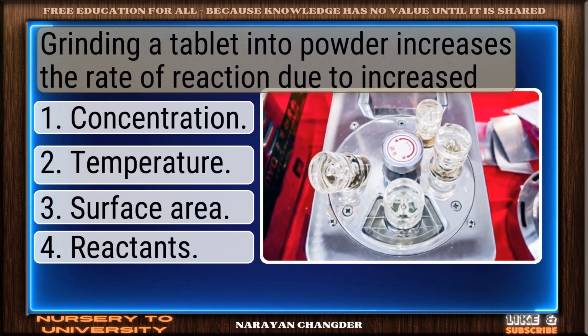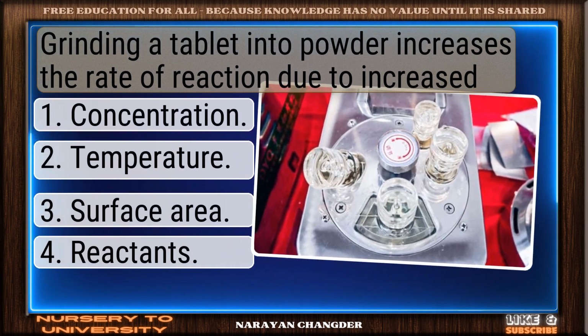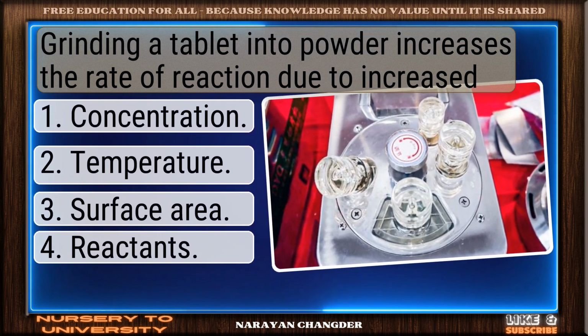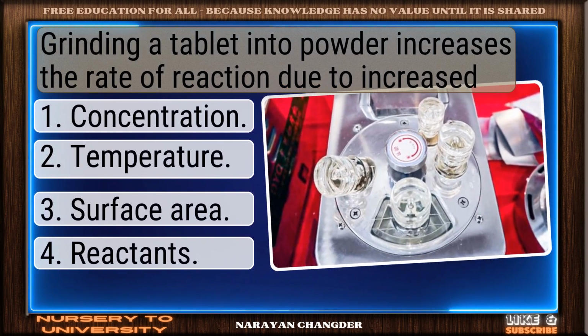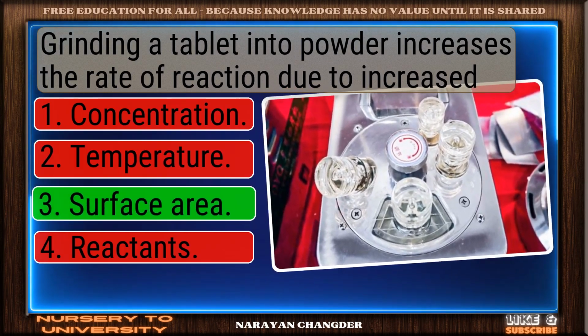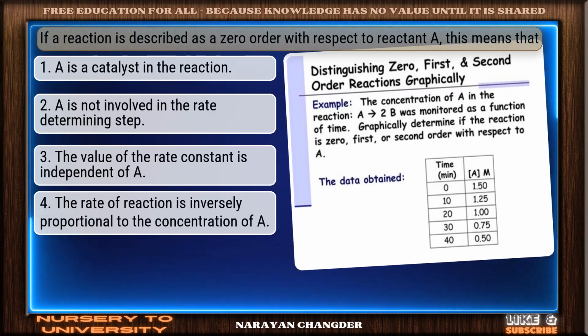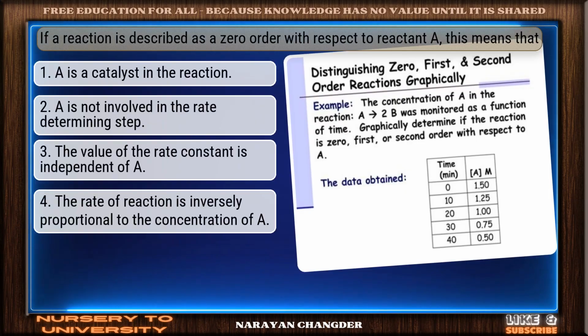Grinding a tablet into powder increases the rate of reaction due to increased: Option 1, concentration. Option 2, temperature. Option 3, surface area. Option 4, reactants. Nailed it, surface area. If a reaction is described as zero order with respect to reactant A, this means